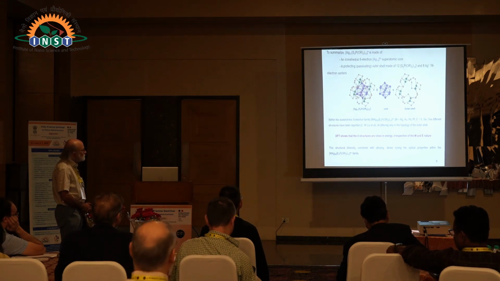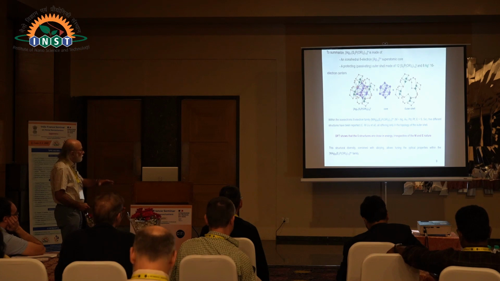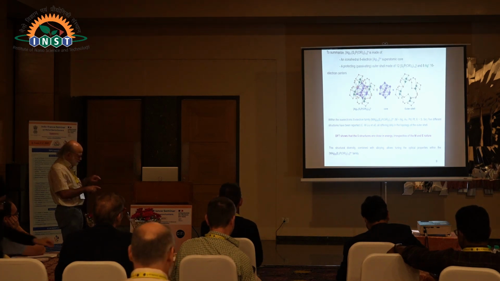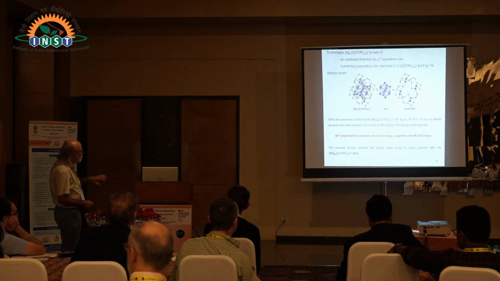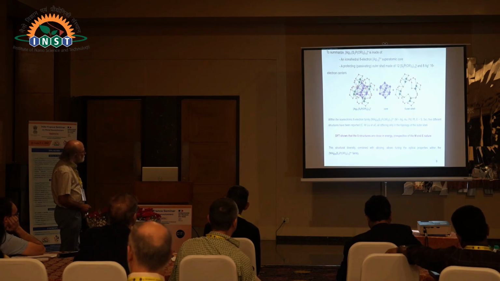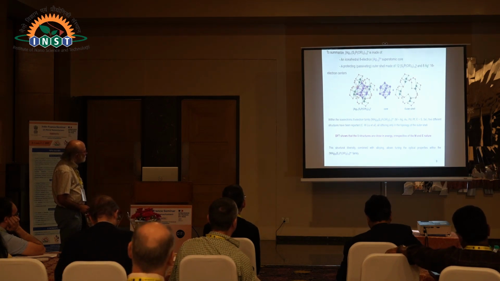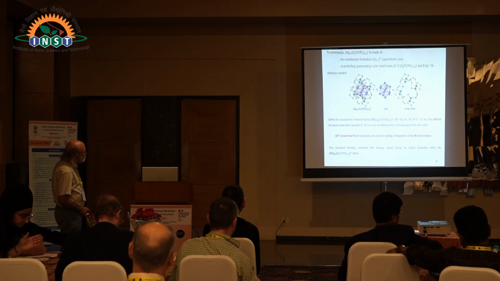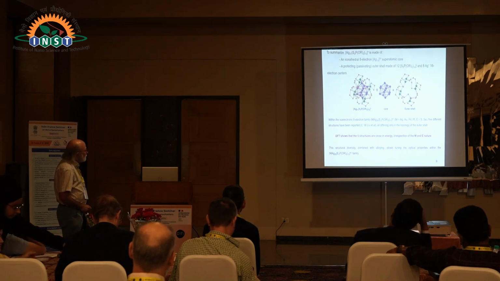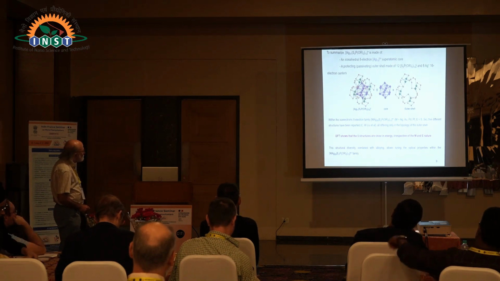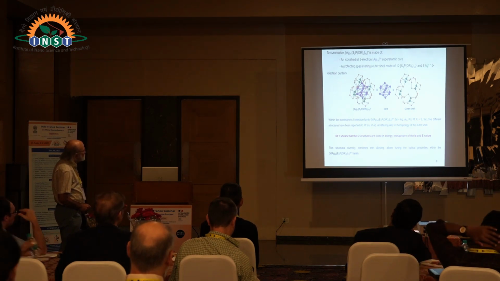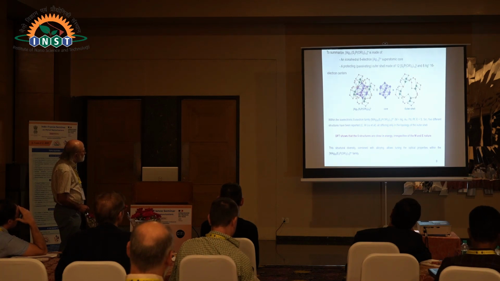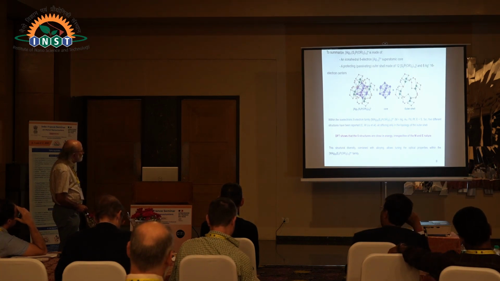We know it will go in the center, and we have an orbital explanation for all the metals which are on the left side of the periodic table. They will go in the middle. Copper will not go in the middle. So we have a large family now of compounds of this type with different M, but we can change the sulfur into selenium also, and even we can play with R.